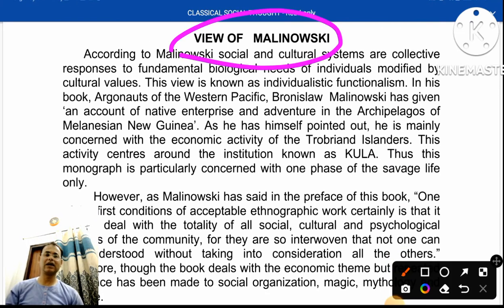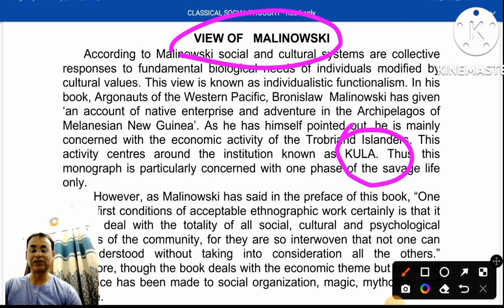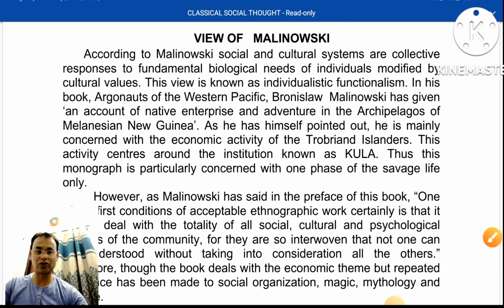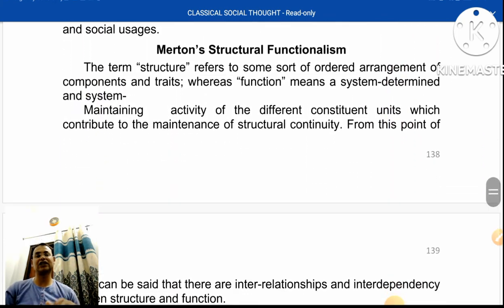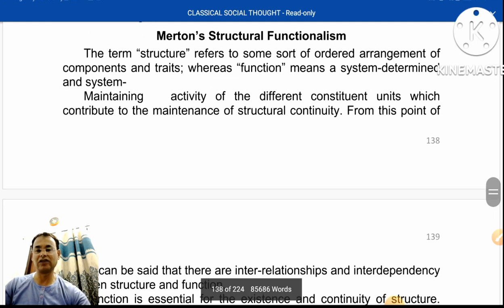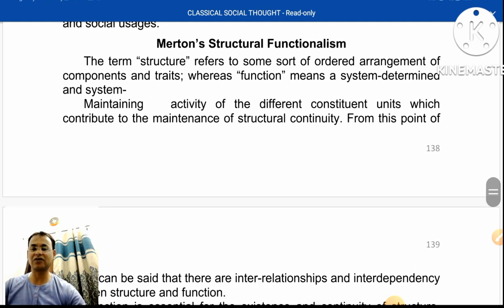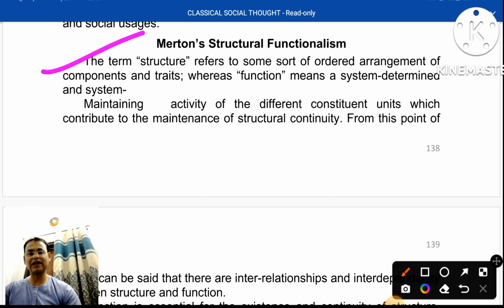Malinowski saw the functional approach, the function of culture in the Kula system, among the Trobriand Islanders in New Guinea. So he found that every cultural unit is very functional. Now we will understand Merton's structural functionalism. The term structure refers to some sort of order, arrangement of components and traits, whereas function means a system determined